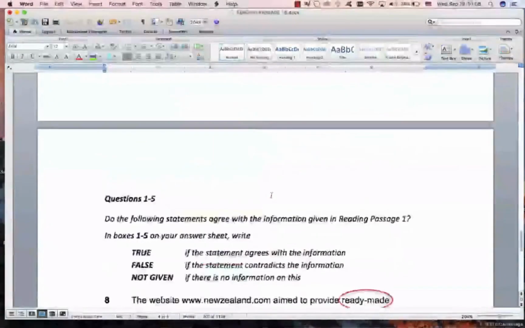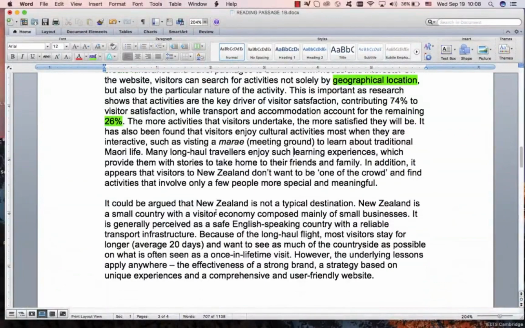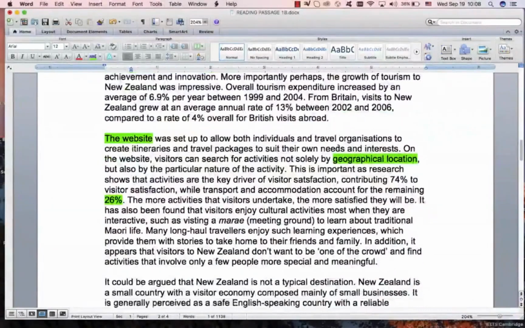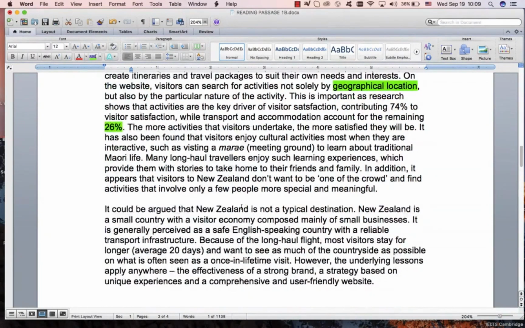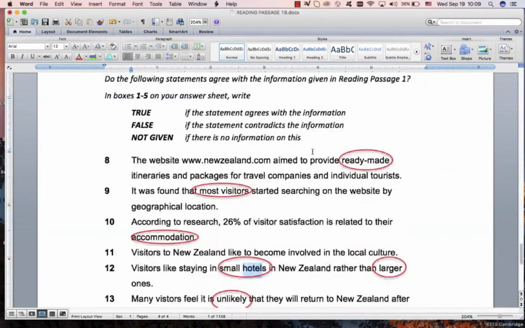Small hotels, large hotels. I'm scanning and scanning, and I don't see hotels anywhere. Maybe it's just me, but I can't see it. If that's the case, that means that that one will be not given. And then finally,